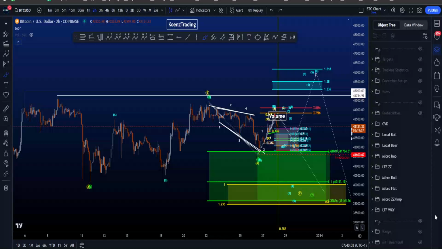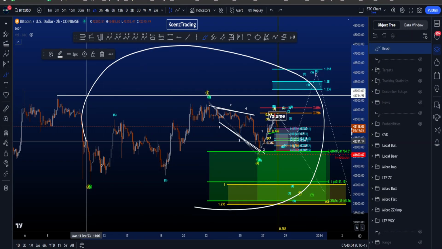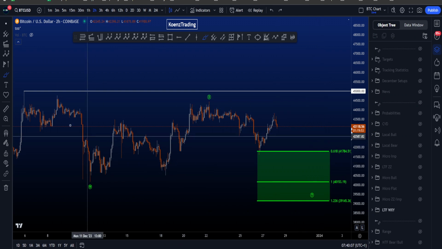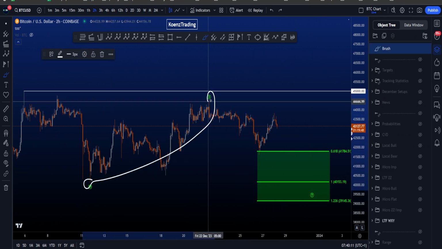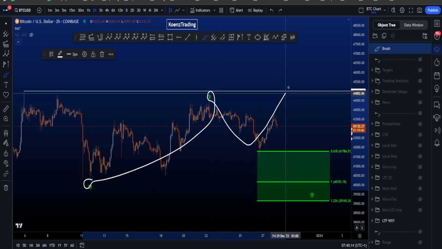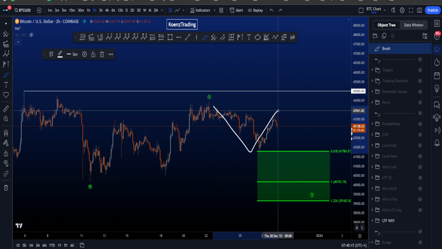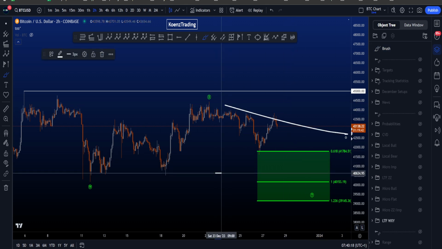Hi everyone, let's go over my bullish and bearish Elliott Wave scenarios on Bitcoin, starting on the low time frame with this WXY sideways corrective structure, where W is a flat, X is a complex structure, and in Y we're either looking for a flat structure as well or a zigzag to the downside, as the triangle is too early